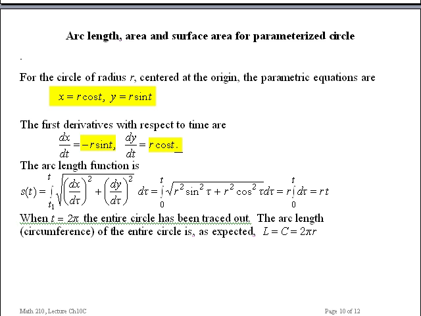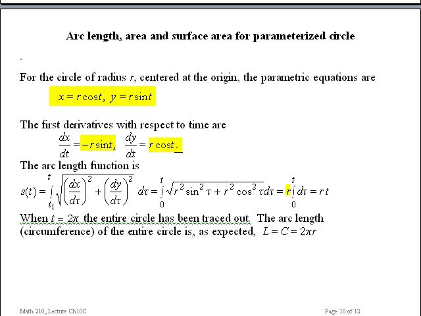We'll have r squared sine squared t plus r squared cosine squared t. If we factor out the r's, which I did right here, you end up with the square root of sine squared plus cosine squared. But sine squared plus cosine squared is 1 by the Pythagorean theorem, so that just becomes 1. Of course, the square root of 1 is 1,